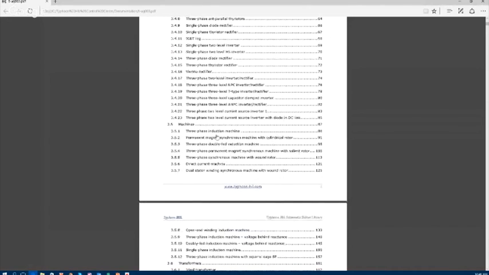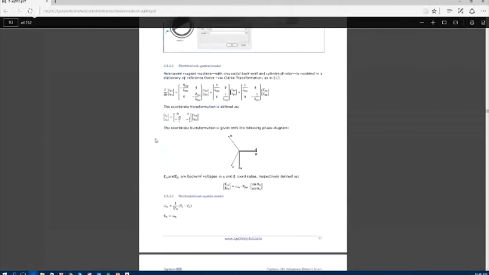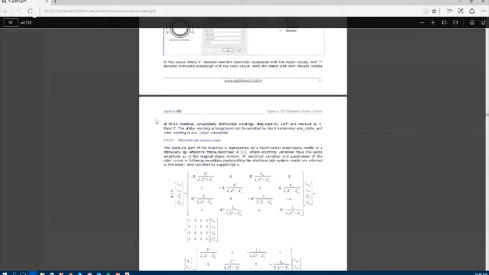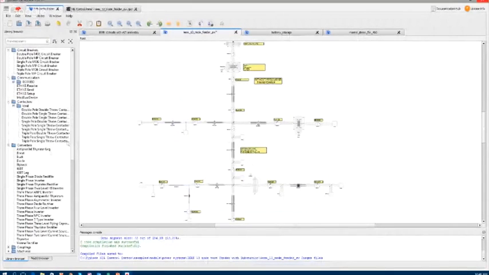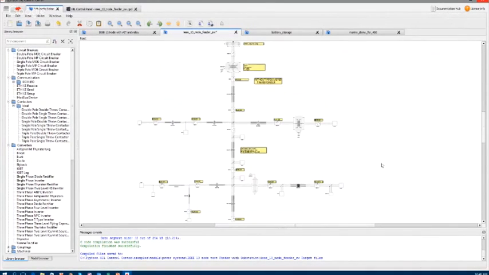For example, if you are interested in how a particular machine is implemented, you will find the equations of the machine, complete subsystems, and everything. So I'm not going to go too much through the library because you can download this document yourself and see everything you're interested in inside here.